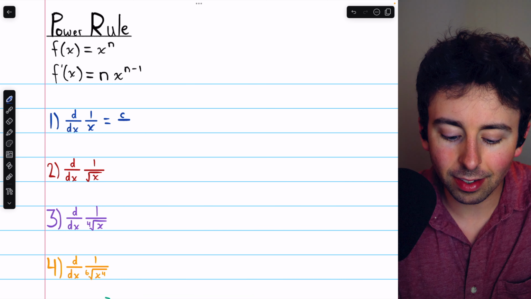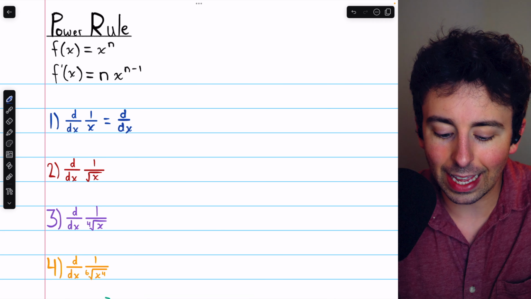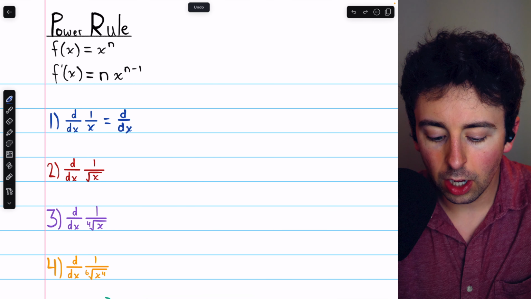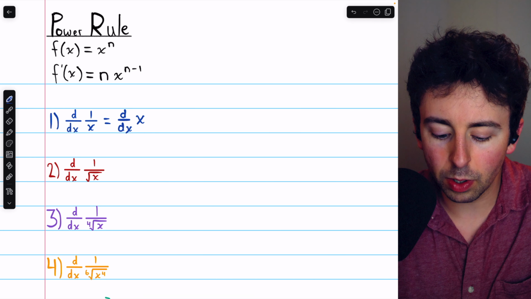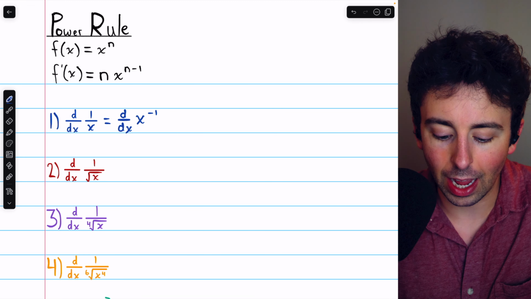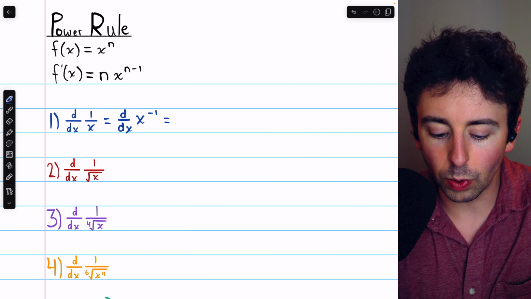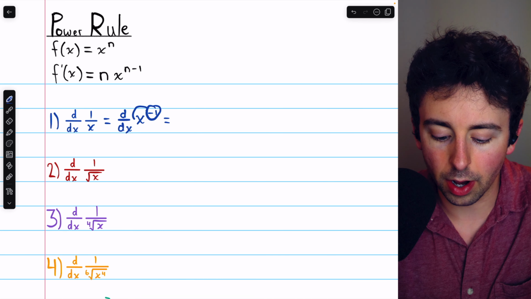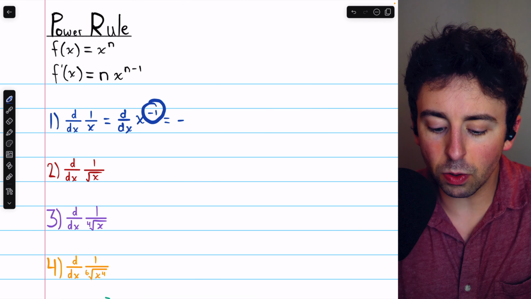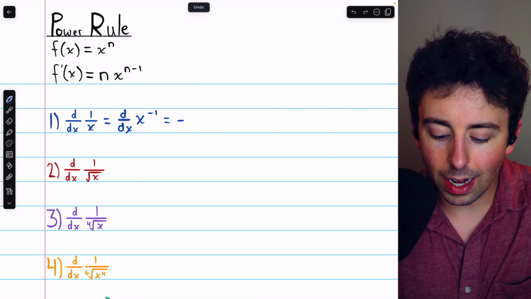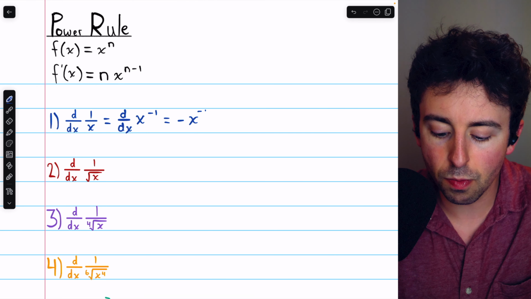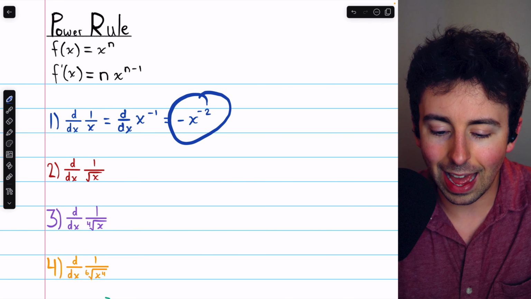We can move x up to the numerator if we negate its power. So right now in the denominator, its power is 1. We can take it out of the denominator if we change its power to negative 1. At this point, we can differentiate by just applying the power rule. We need to take the exponent of negative 1 out front as a factor, so we'll just put a negative there, and then reduce the exponent by 1. Right now, the exponent is negative 1. If we take away 1 from that, we get our new power of negative 2,